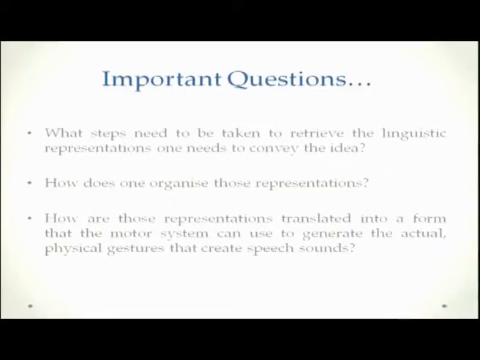This is the third very important problem. How do you use those representations? How do you translate them into a form that the motor system, this vocal apparatus, can generate the actual sounds, the physical gestures? Okay, so this is basically in a nutshell the three very important aspects of production of speech,